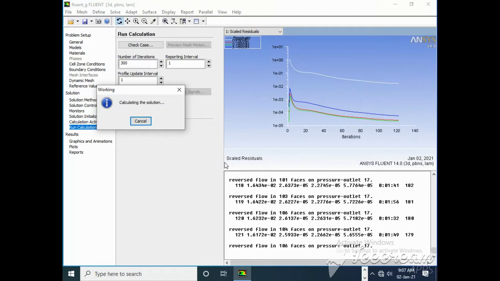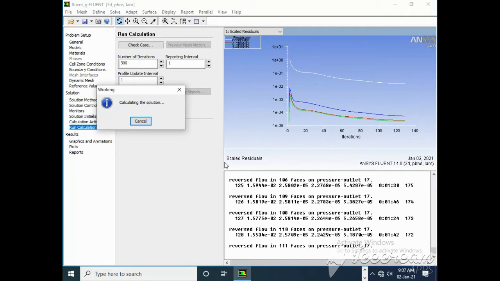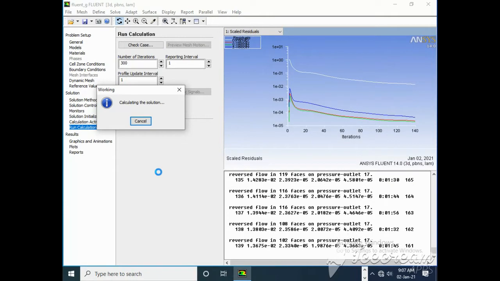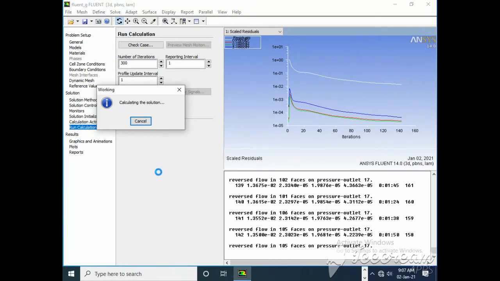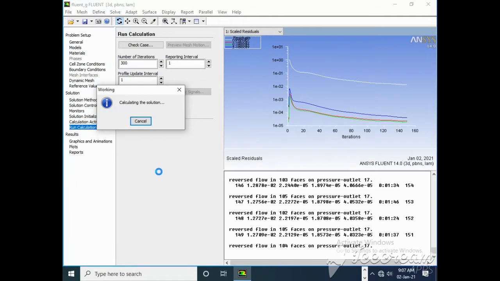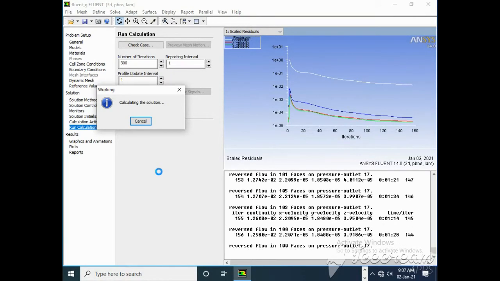I have given the number of iterations as 300. If it stops at 300, we can increase the number of iterations and ask it to compute again, so it will work.